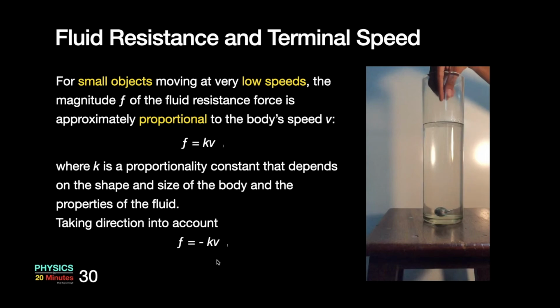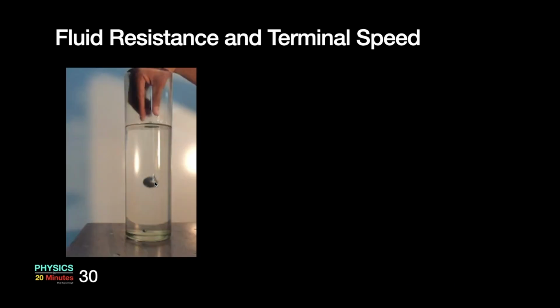So going ahead, what are the forces acting on this bob which is moving in the fluid? Can anyone tell me? Right now I am ignoring the buoyant force. We will bring it later when we do fluid mechanics. So remember, the only two forces working are fluid resistance and the weight. Weight of the bob will work downward, fluid resistance will work upward. So the fluid resistance kVy, where y represents the y direction of velocity, works upward, and mg works downward. Bob is moving downward. We assume that the net acceleration is in the downward direction.